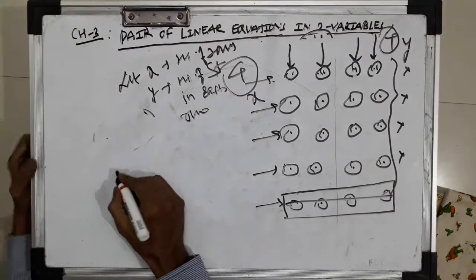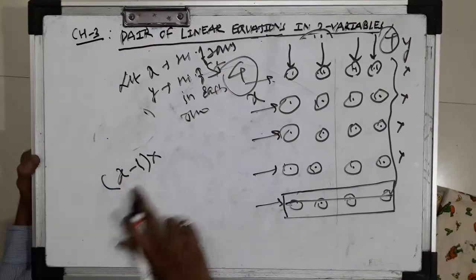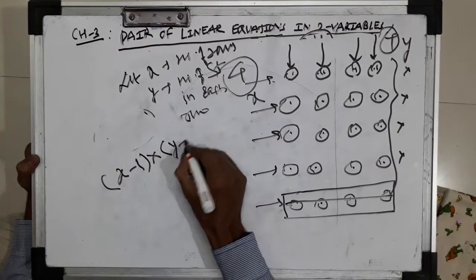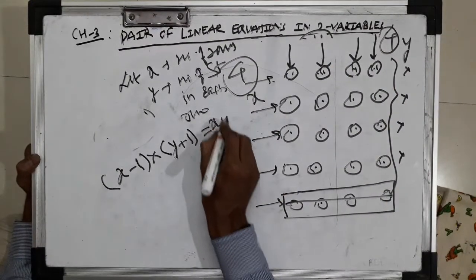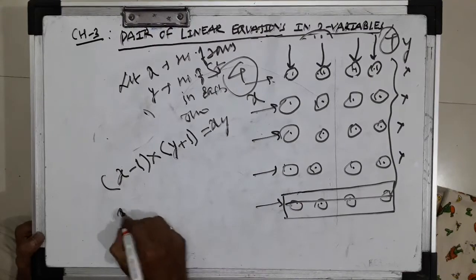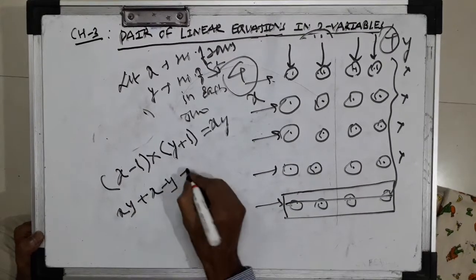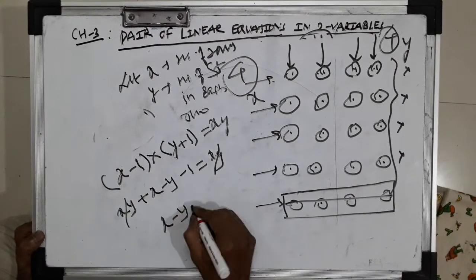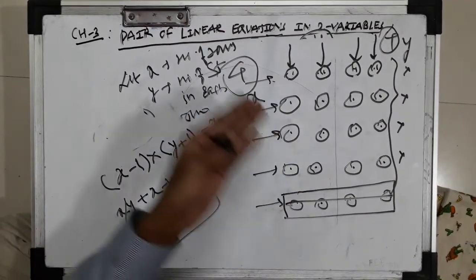Now how to form the equation? If number of rows is reduced by 1, and number of students in each row is increased by 1, the total strength remains the same. Total strength is xy. That's why x minus 1 into y plus 1 equals xy. xy gets cancelled. So x minus y equals 1. In this way we can get one equation. In the same way we can get